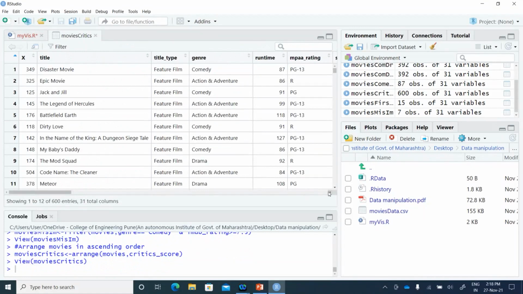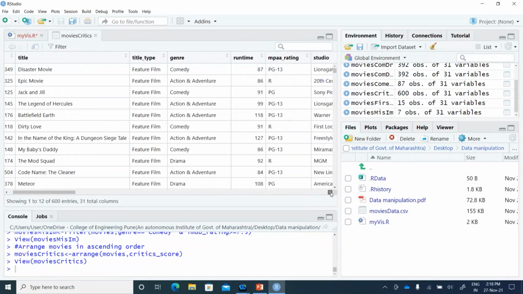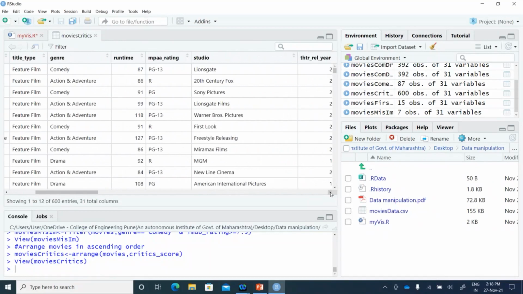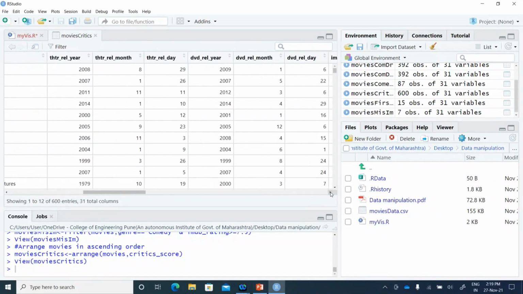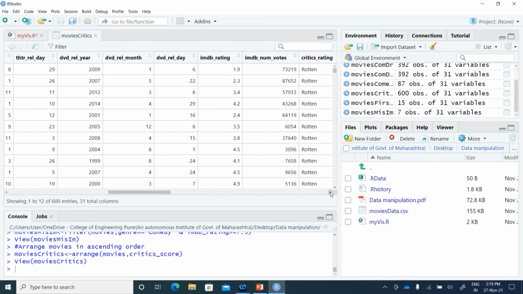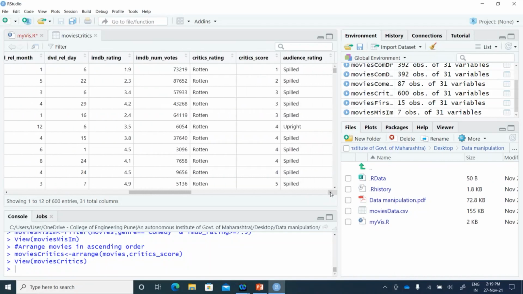You can see the serial numbers are not occurring serially because we are arranging the data as per the critics score. Let's check the critic score over here. Yes, critic scores are 1, 2, 3, 4, 4, and so on. So critic score is in ascending order.